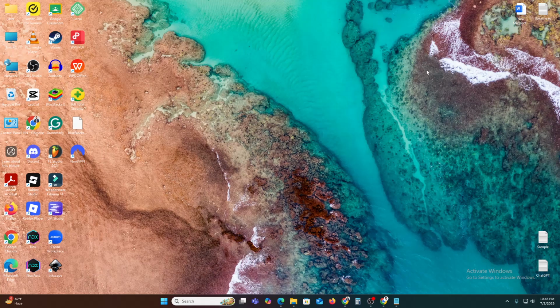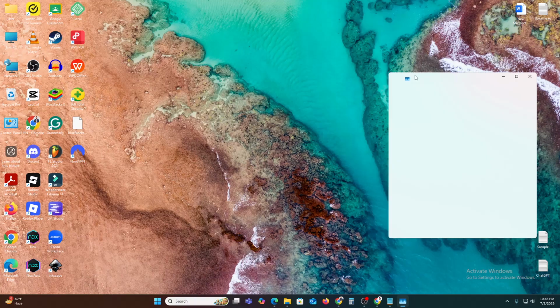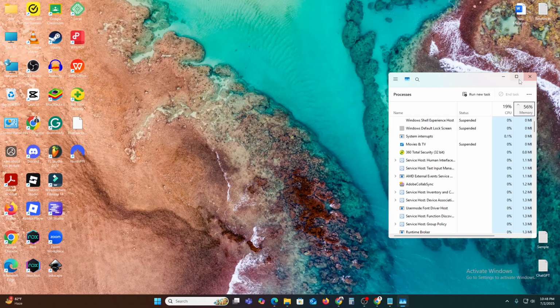And then the third step is close background apps. Too many apps running means more CPU use, more heat. Here's how to clean them. First of all, we have to go to the Task Manager. Press Ctrl+Shift+Escape, then go to the Task Manager. Here is my Task Manager,